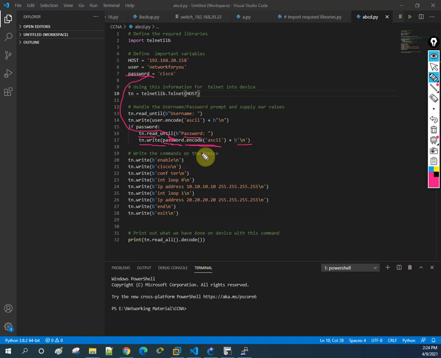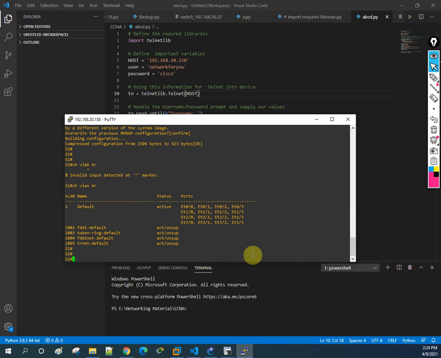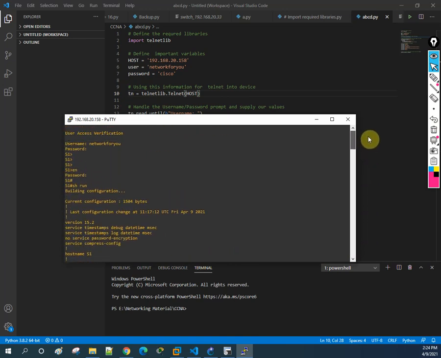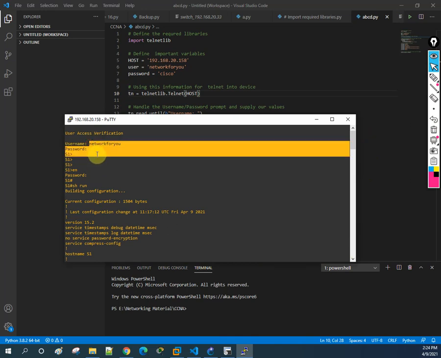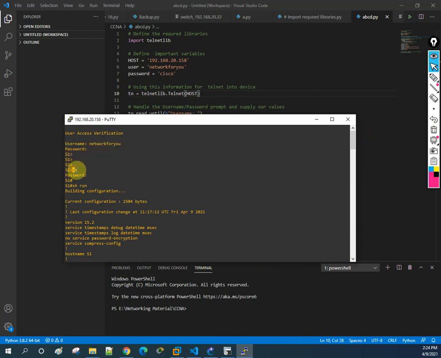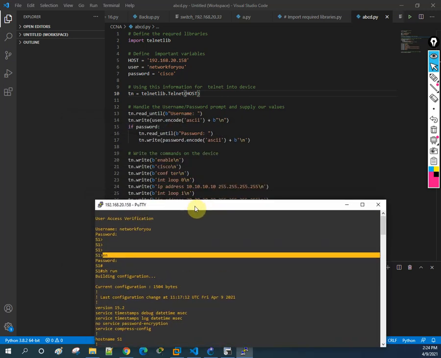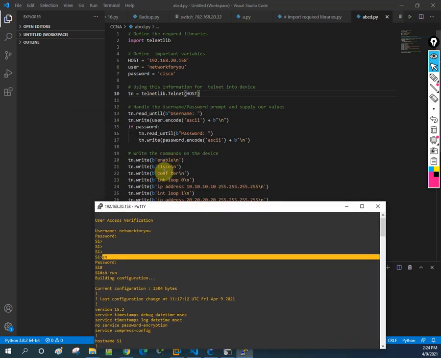After that, let me show you in the putty. When we put the username and password, you need to write enable, right? So here we will write enable, then you will have the enable password.